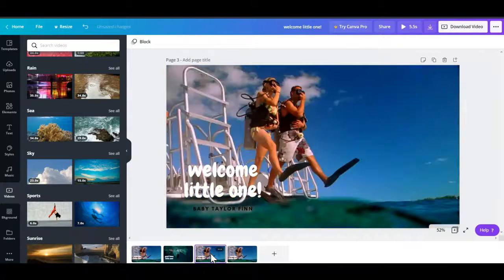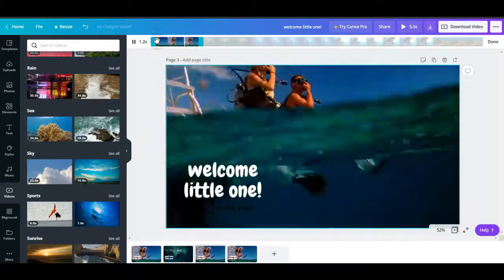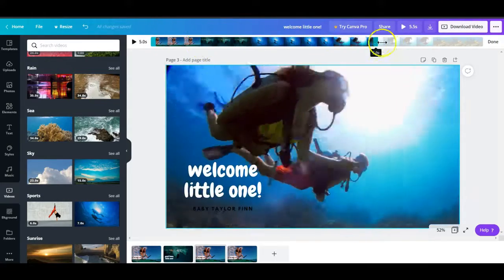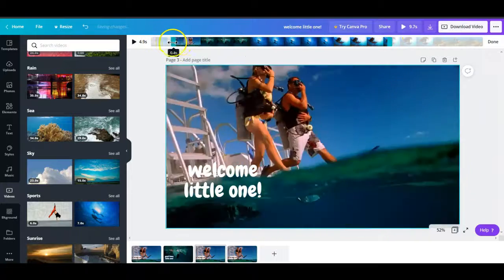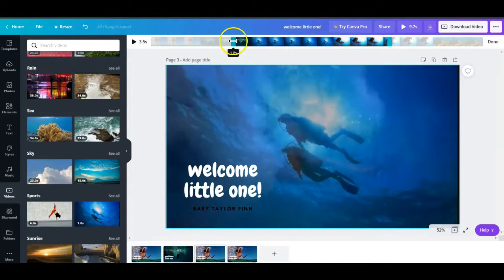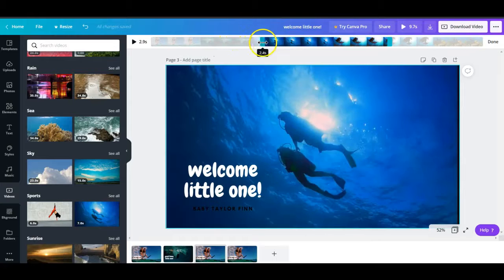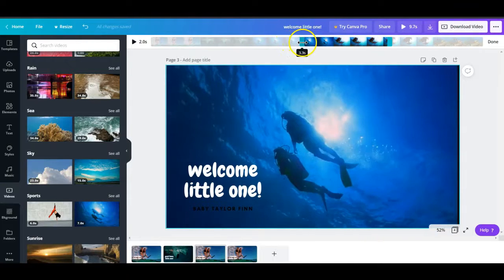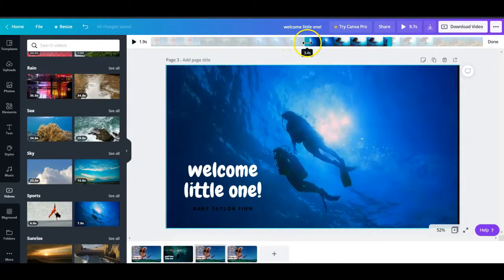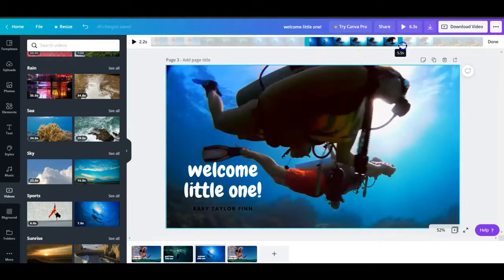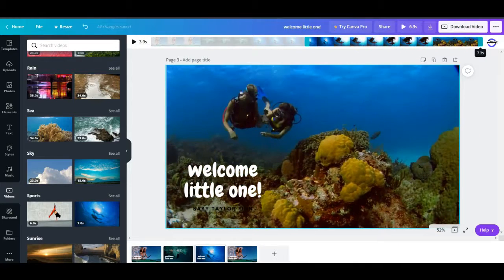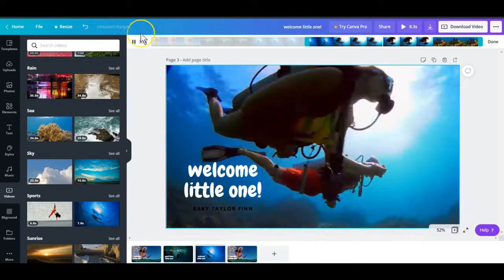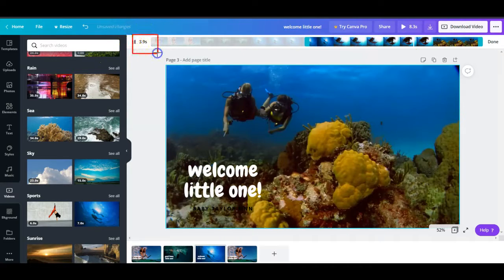So we'll click on the next slide, click on the slide, click on the edit, and let's drag this all the way through. And as you can see on the bottom there, 1.7, 2.2, let's go to 3.3. There we go. So we'll start at 3.4, and we will take this through to the end. So this is now 3.9 seconds long, this final clip,